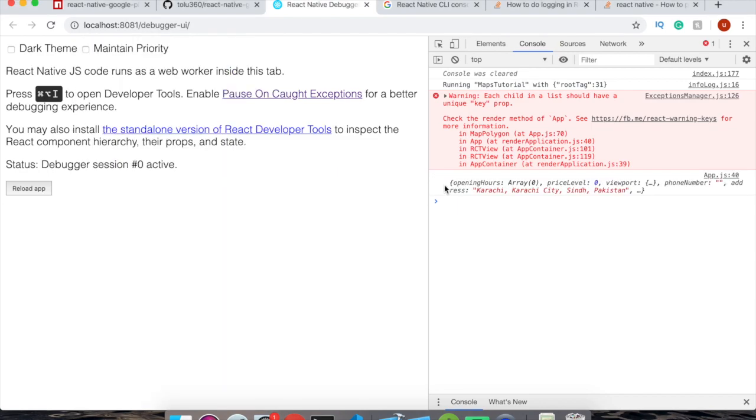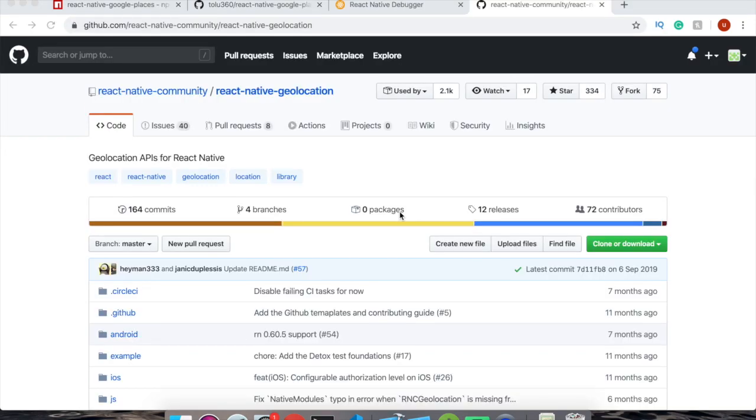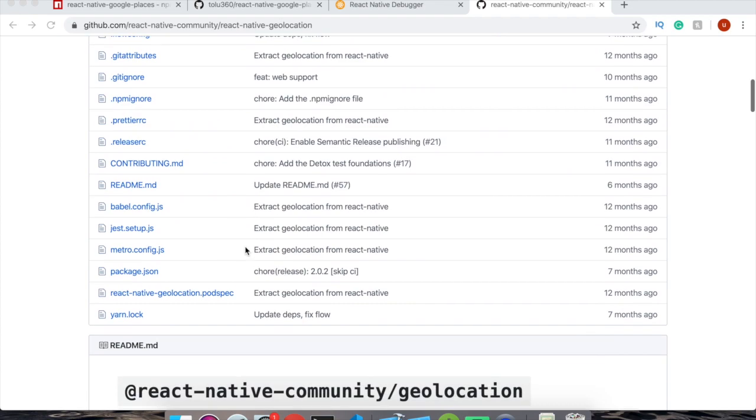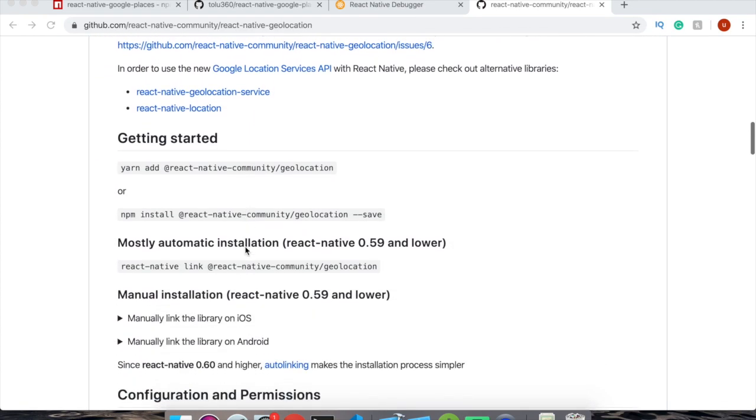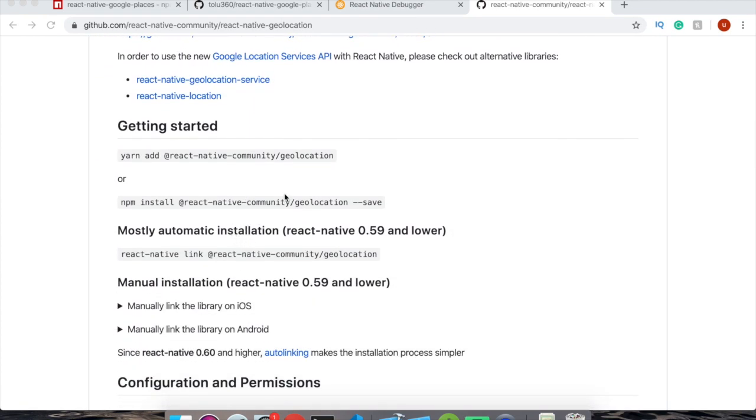Here, the places API printed successfully. Okay, now we will get the current location. For this, we are using React Native Community's React Native Geolocation. To use this, we need to install the React Native Geolocation npm package. So copy this line and paste it